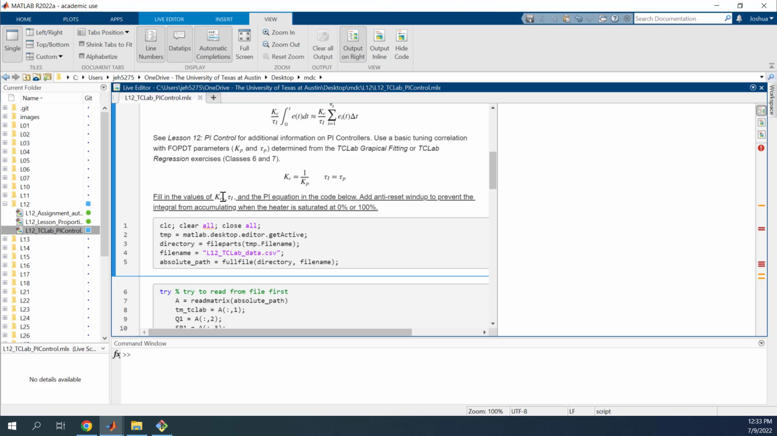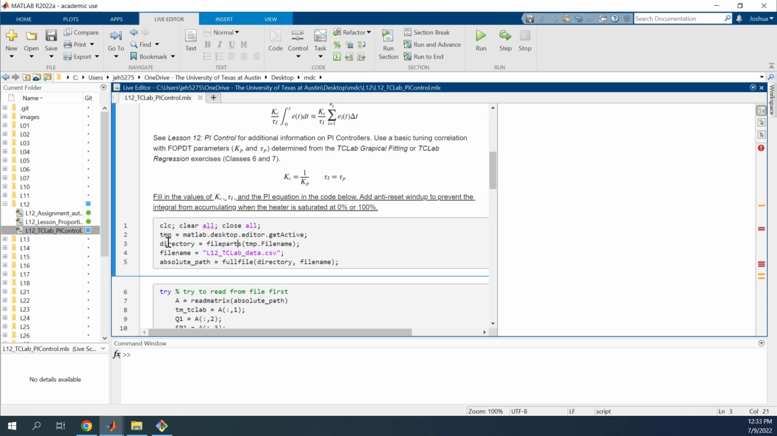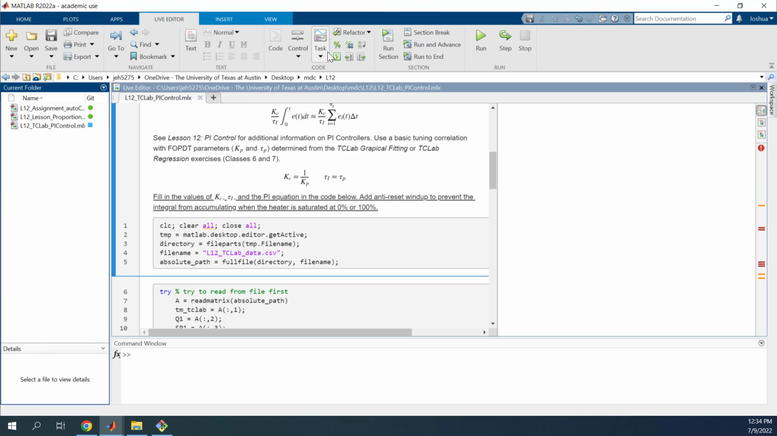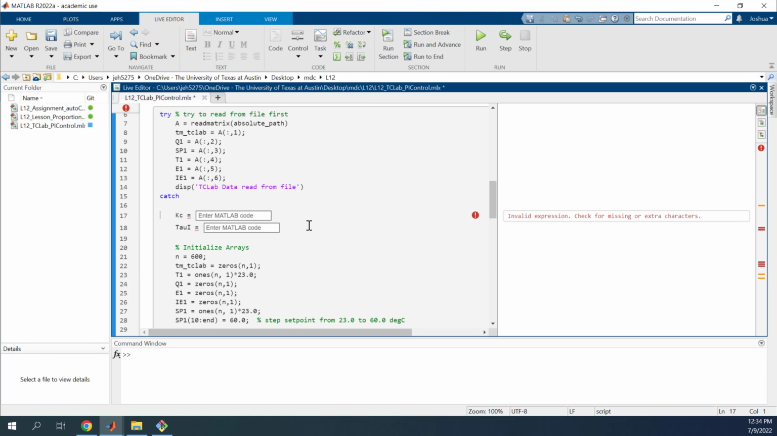So we'll use those in our system as well. First of all, we'll fill in the values for Kc and tau I in the equation below and implement anti-reset windup. So we'll go ahead and start executing this. First thing we'll do is just set up our system. We'll clear all initial variables and set up a CSV file name so that as we run the temperature control lab, hopefully we'll only have to run it once. I'll change my active directory to lesson 12,